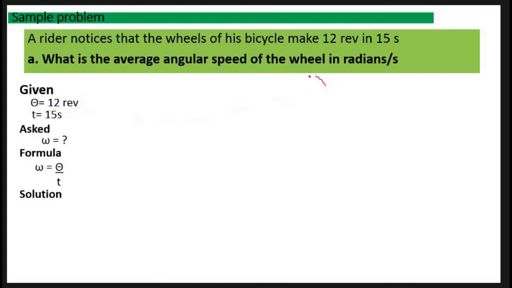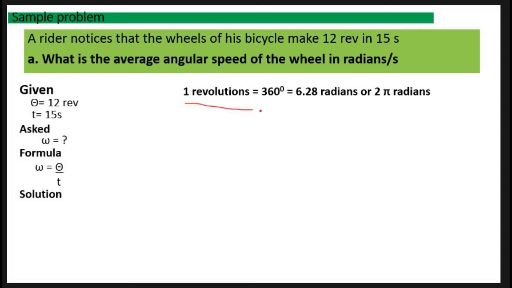So how? We already know the relationship. Here we have one revolution is equal to, in degrees, 360, and in radians, that will be 6.28 or 2 pi radians. So let's get this one. So 12 revolutions,